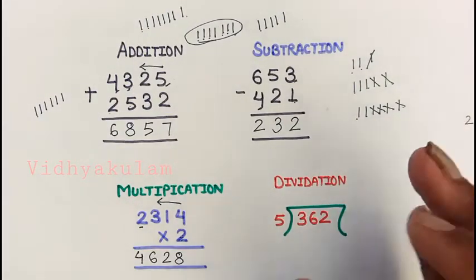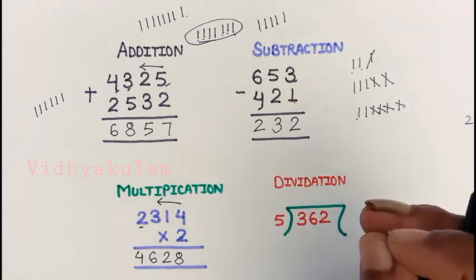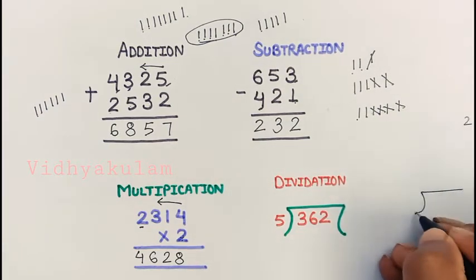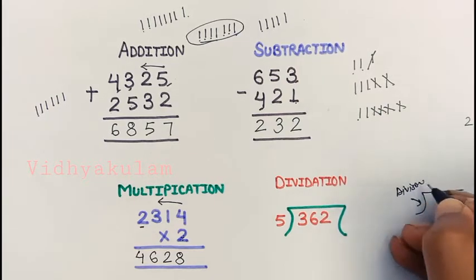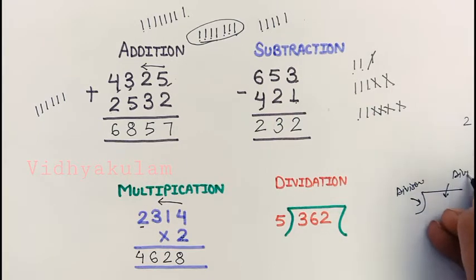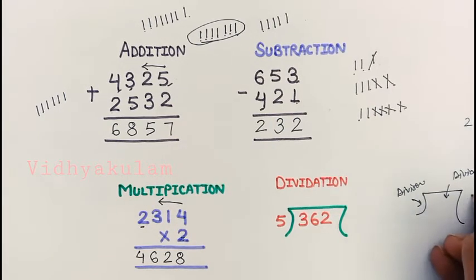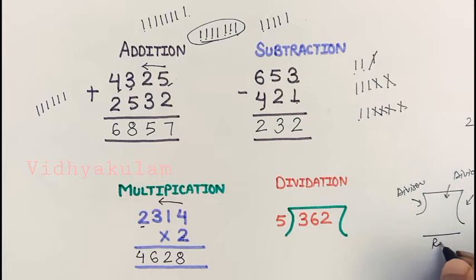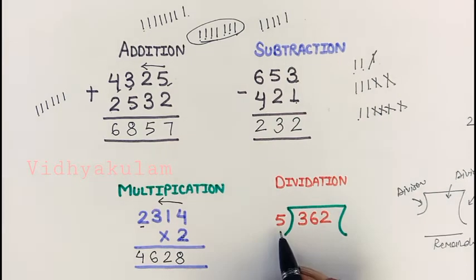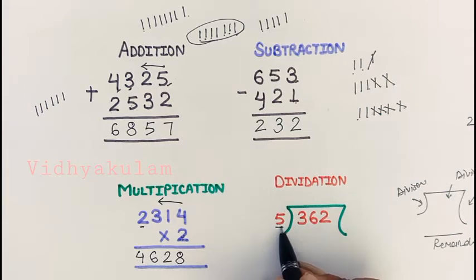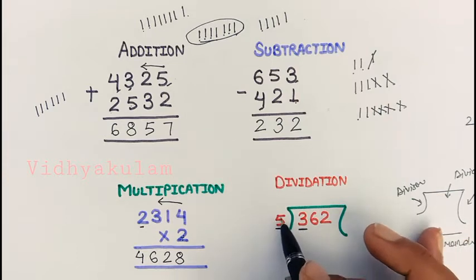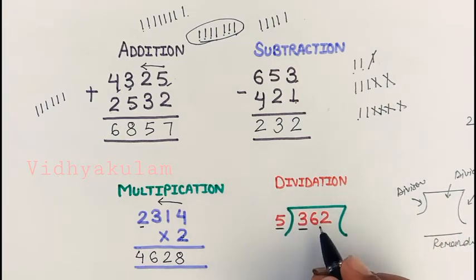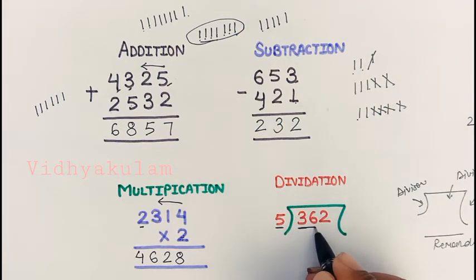Now the procedure of division. What is this place called? Here this place is called divisor, this place is called dividend, this place is called quotient, and this place is called remainder. Okay, the same number of digits is taken here as well as here, but if the number here is smaller than the divisor, then move forward one digit on this side.